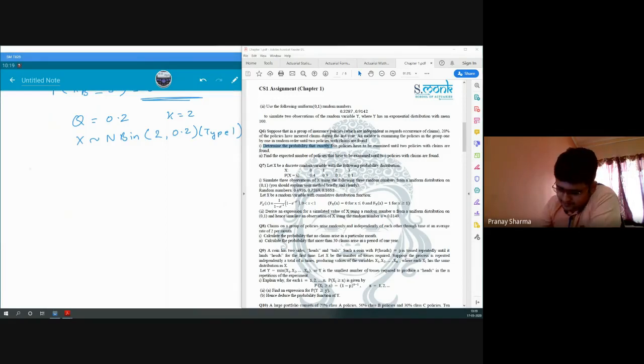So let's find the probability that our x will be 5. For negative binomial, our formula was x minus 1, so that will be 4, C, k minus 1, that would be 1. And then we'll have theta raised to k, so that is 0.2 raised to k, k is 2, and 1 minus theta, that is 0.8 raised to the number of failures. So we will have 3 failures.